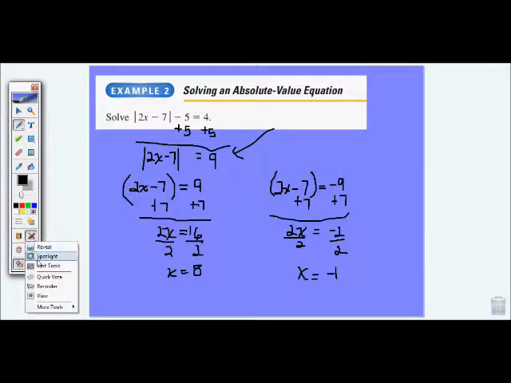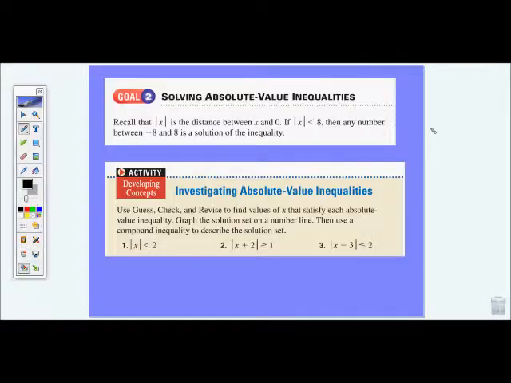I'm going to go ahead and pause a minute. Of 6.4 will now deal with the absolute value when it's with inequalities. This one is a little bit different, so you'll have to kind of follow along to really understand what's going on with this concept. But straight from the book on page 354, you will see an investigating absolute value inequalities,